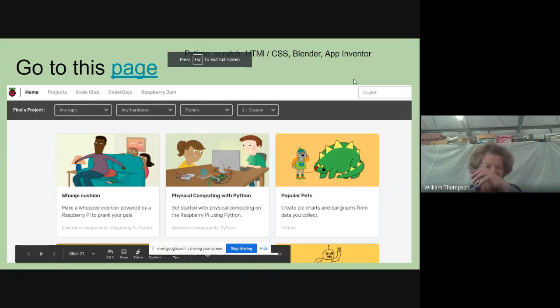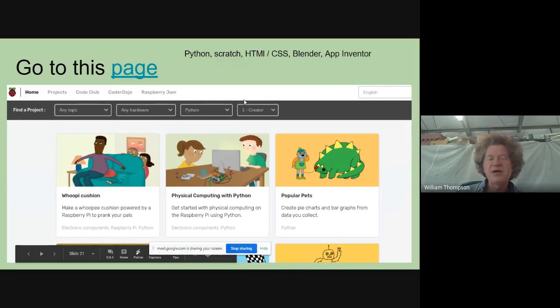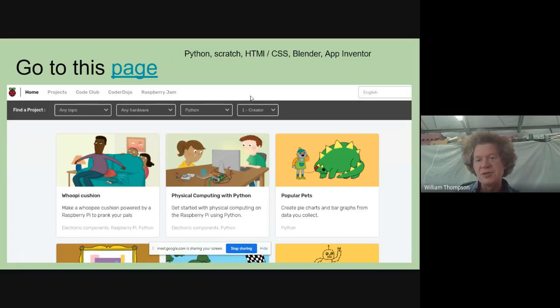Okay, so this is the Raspberry Pi website, and there's a number of educational activities on this site that are not specifically related to the Raspberry Pi computer itself, which I thought was sort of a generous thing of the Raspberry Pi Foundation, to teach people about stuff that wasn't specifically their thing. If you click on this link, it should take us to the Raspberry Pi website.